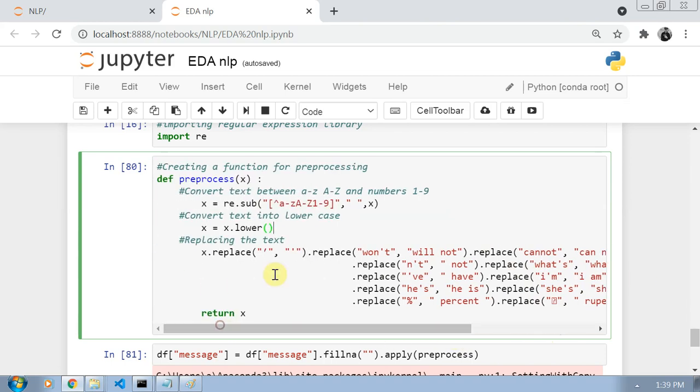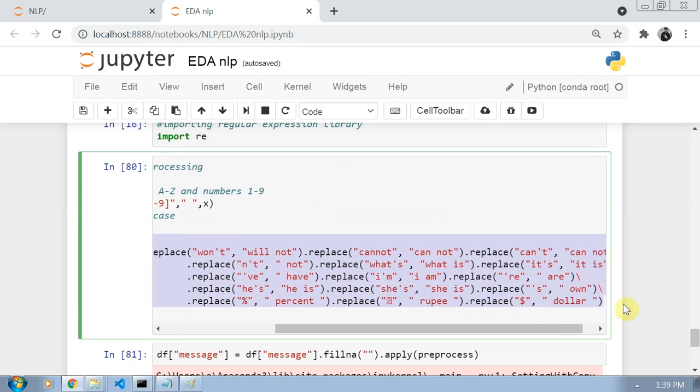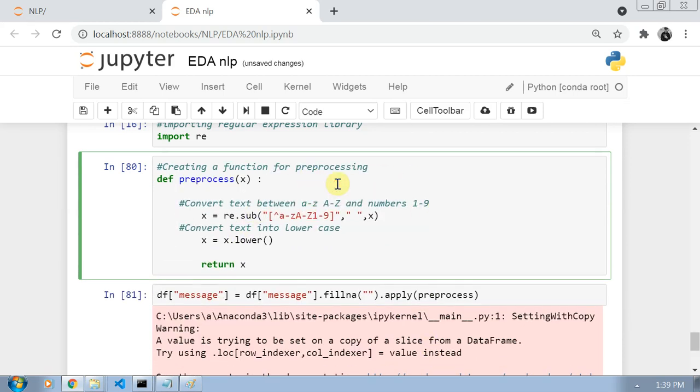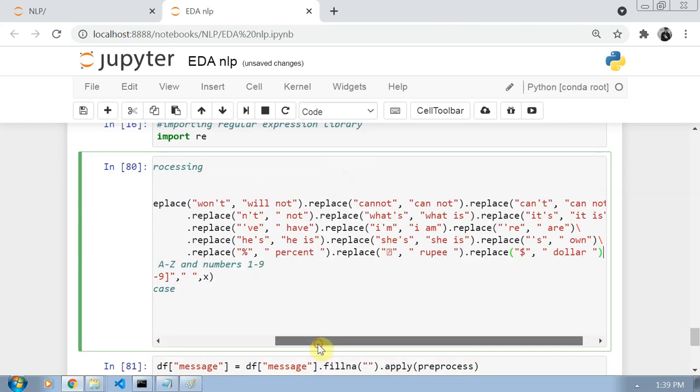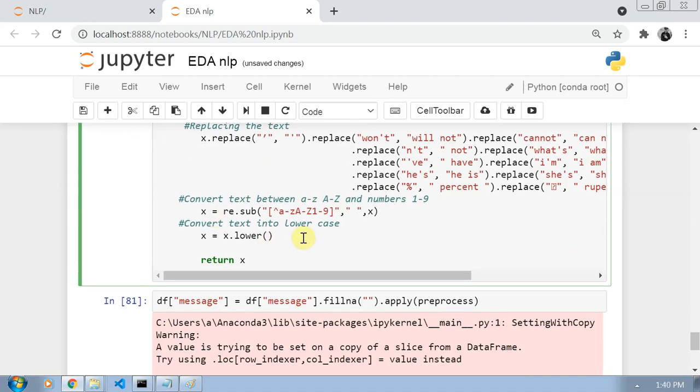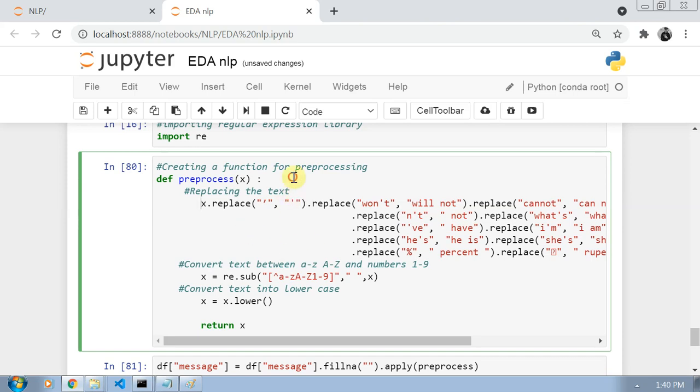I should put these things first. So first we replace these, then I check with the regular expression, then I convert into lowercase, and then I return x. Now execute this function.